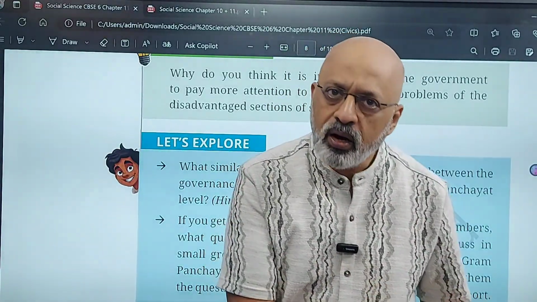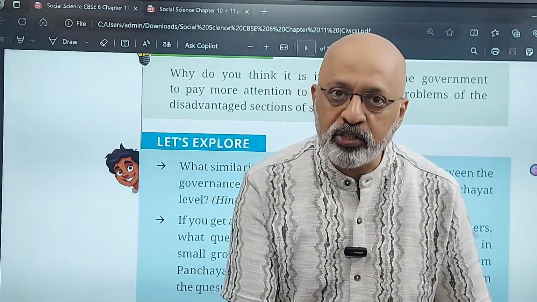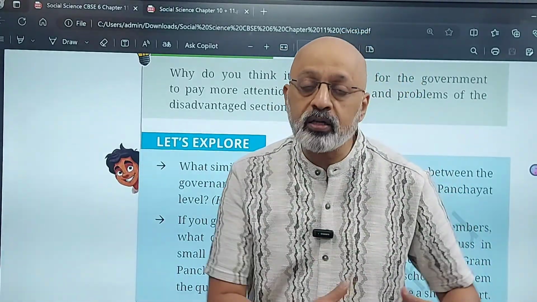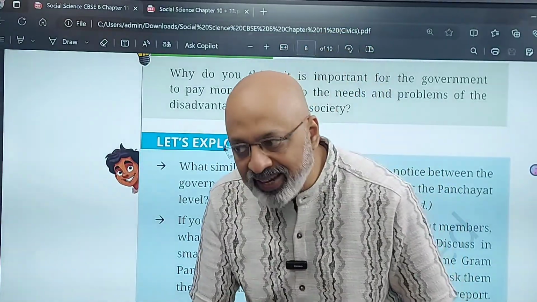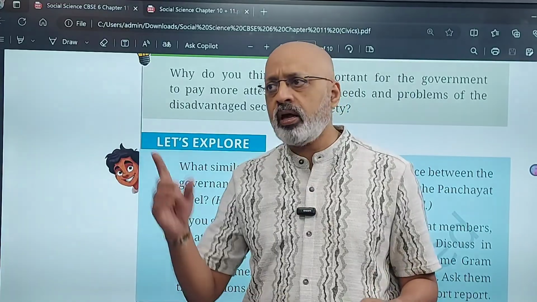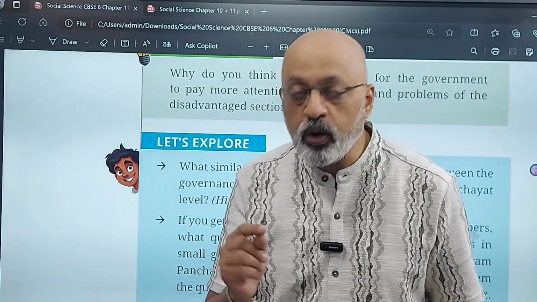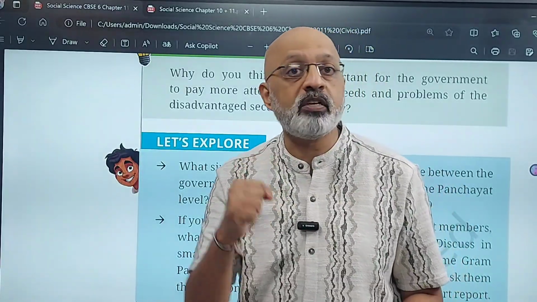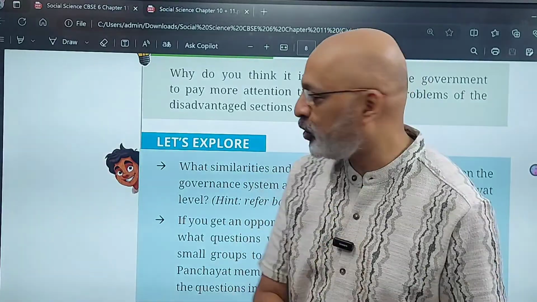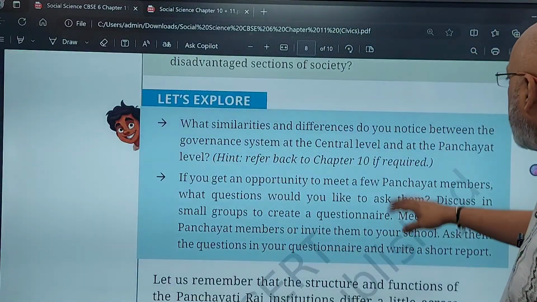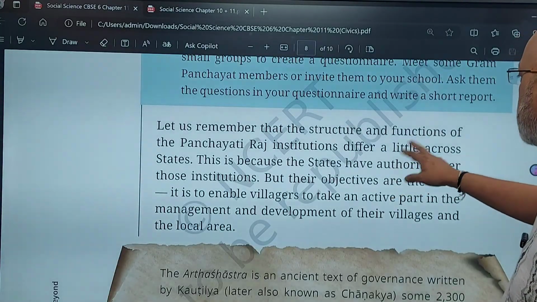Or somebody who is physically handicapped, he cannot go and work. So you give a pension so that you take care of him under the social welfare program. So that's why it's important to take care of all sections of society. It's not that our government is only for the rich. No, it is for the poor and people who are not in a position to take care of themselves. It is the government's responsibility to take care of all those people. Okay, so these questions we will do separately, and let's remember the structure of this thing.